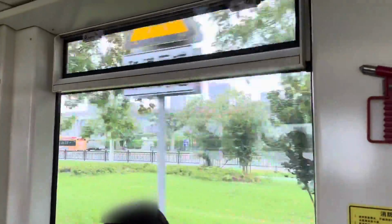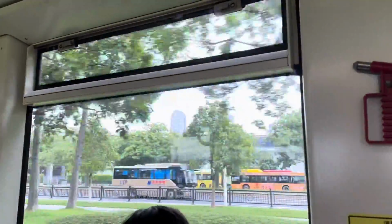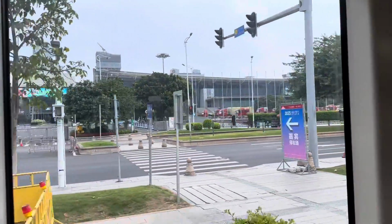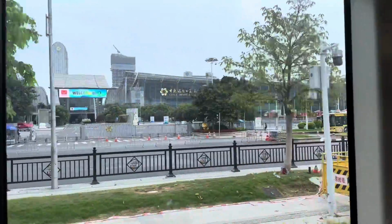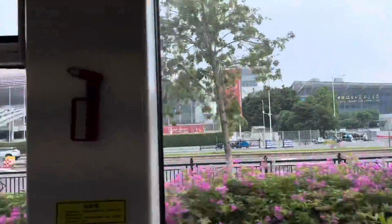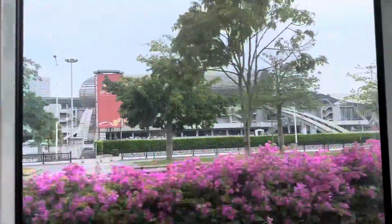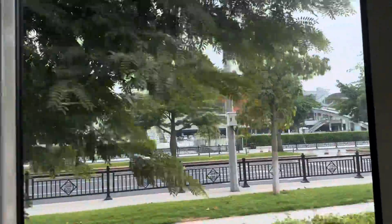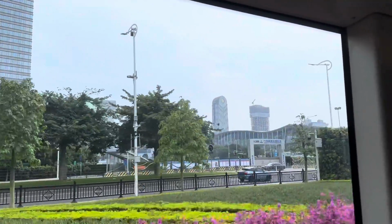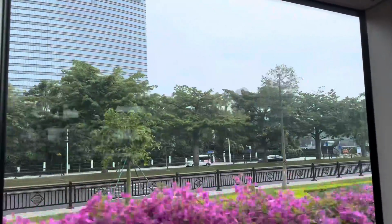The slightly strangely shaped building over there is a hotel, which I think caters to a lot of visitors for the Canton Fair. Maybe a slightly better look at the Canton Fair complex here and the Westin Hotel up there. The next... leaving the Canton Fair area,